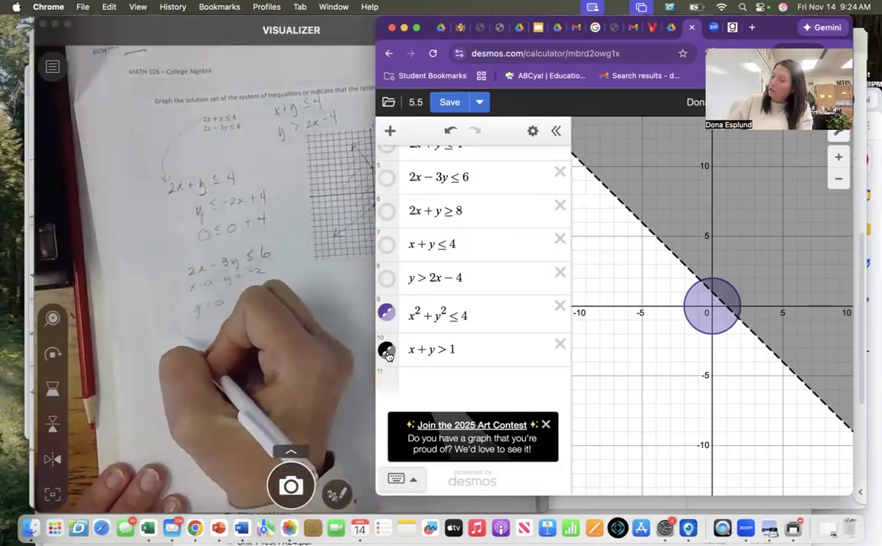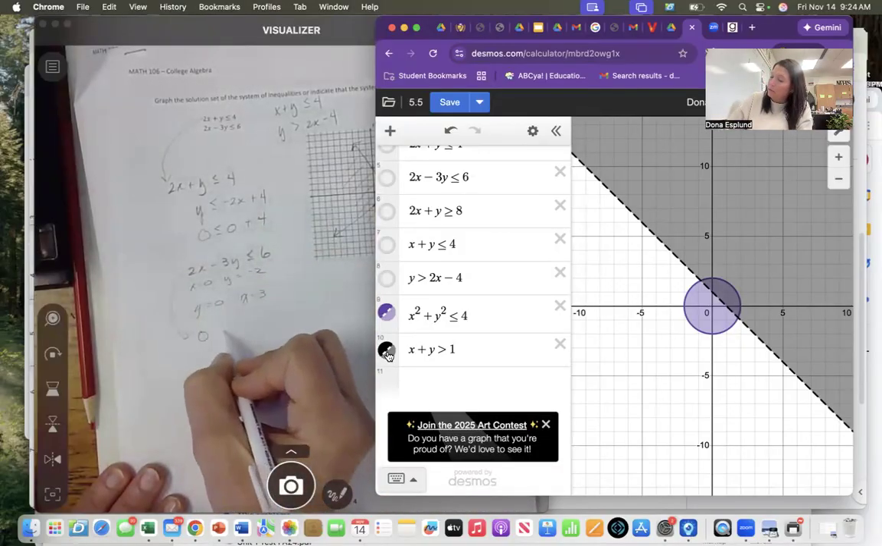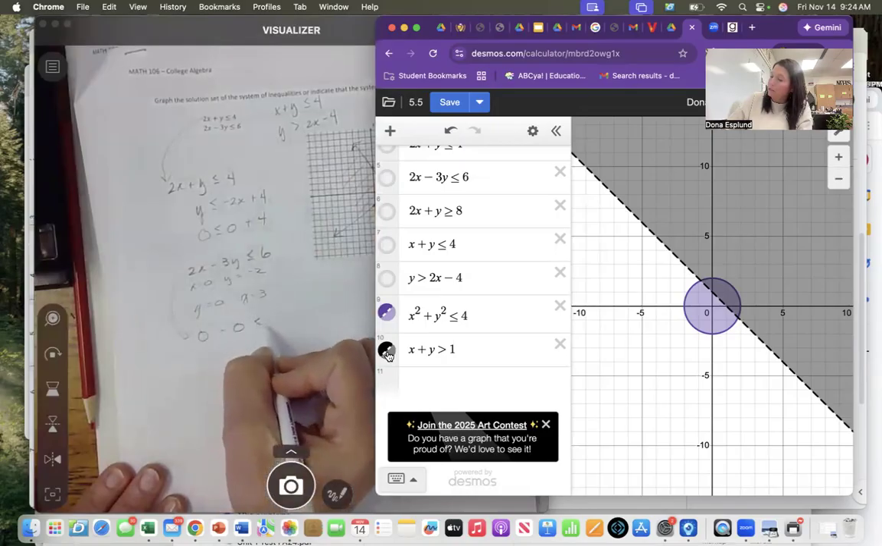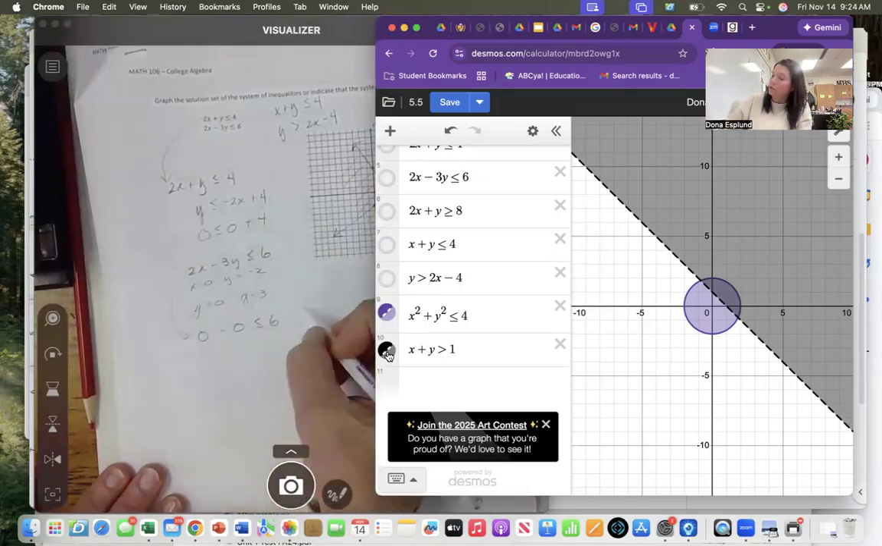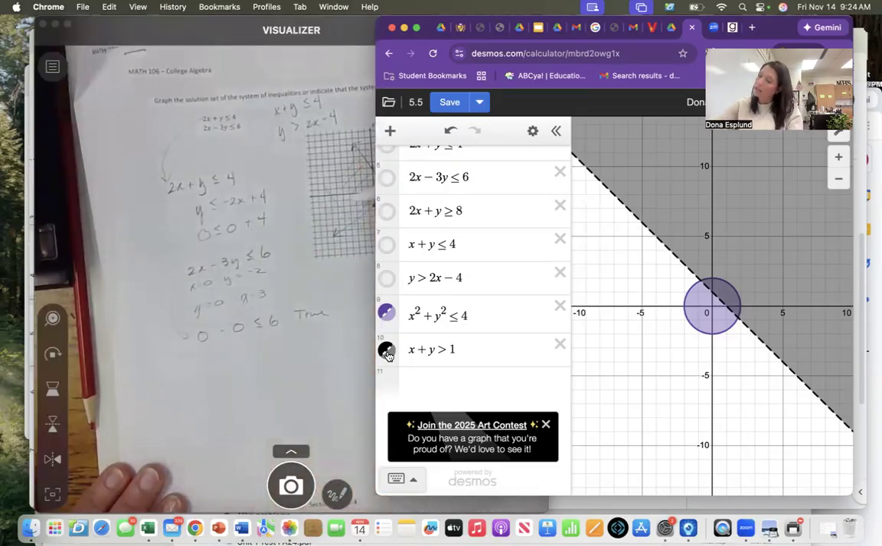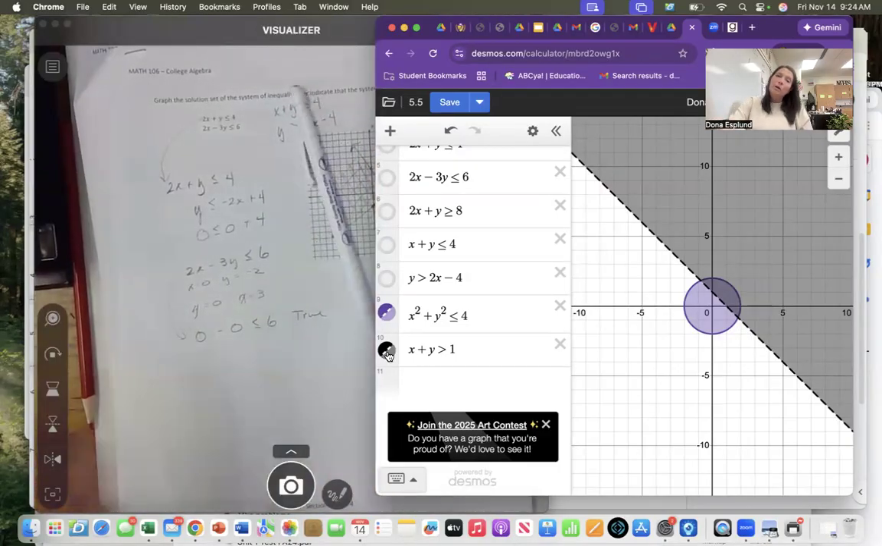Then I'm going to take my equation and substitute 0 in. 0 minus 0 is less than or equal to 6, and that is true. So it includes 0 all along this line, and therefore my shaded area where they're both true is going to be right up here. But what I wanted to do